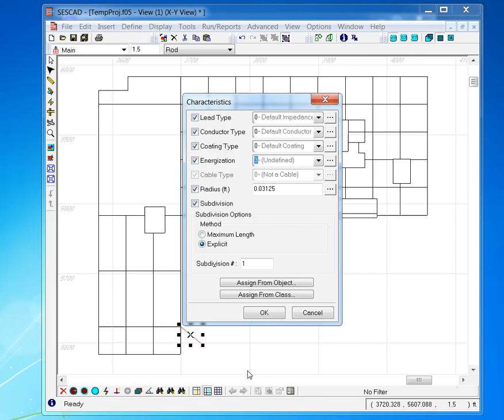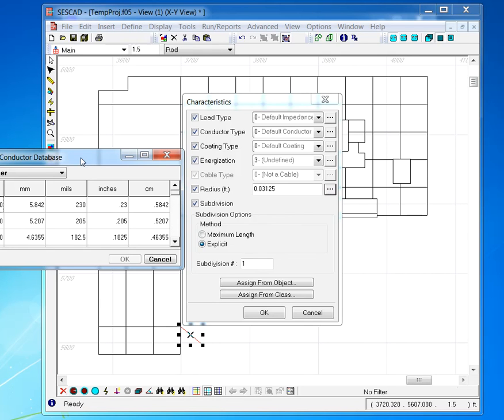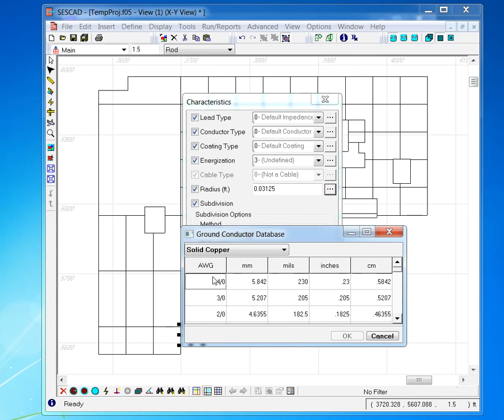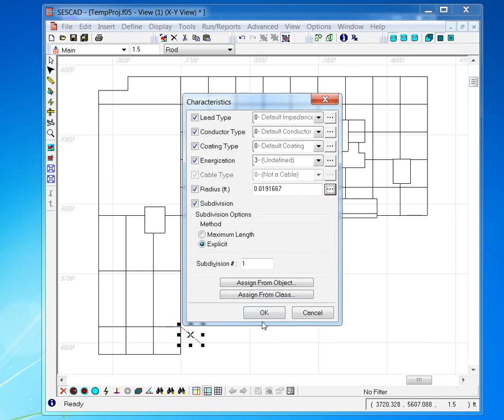Okay. And the radius type, we were using 4 odd, and that's okay. That's not very important for now. And there is